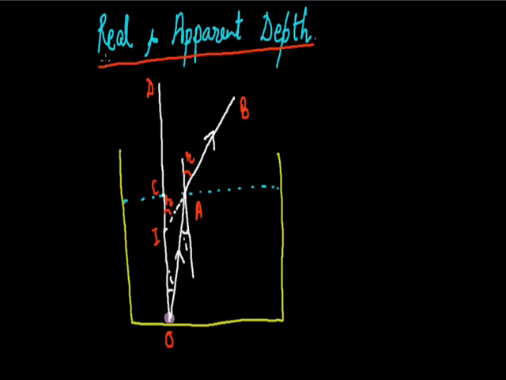We are dealing with the topic real and apparent depths, and it is the result of the refraction process which happens from the surface. In this, we have observed, in fact all the time, that when we observe anything which is inside a liquid and we are observing it from a different medium, say air, then we observe the object at an apparent position.